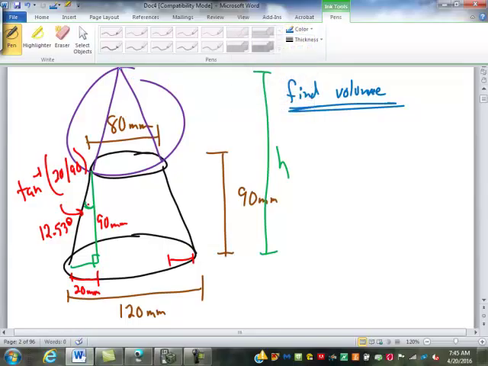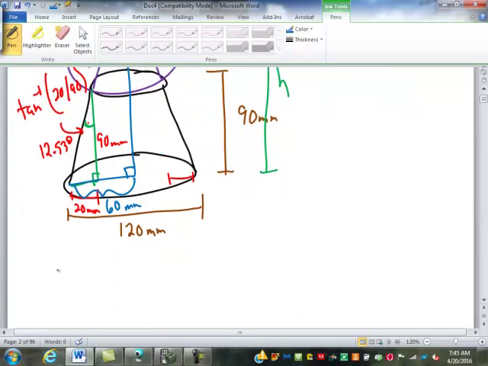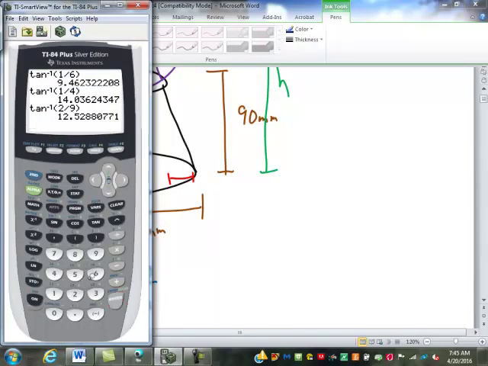So then, let's figure out how tall this whole cone would have to be. This, of course, would have to be 60 now, right? 60 millimeters. This angle would still be 12.53 degrees. Yes? So tangent of 12.53 degrees equals 60 over h. Put this over 1, we're going to cross multiply and divide. So we got 1 times 60 is 60, divided by the tangent of that previous answer, that 12.53 degrees, gives us